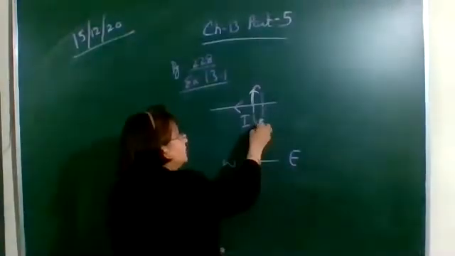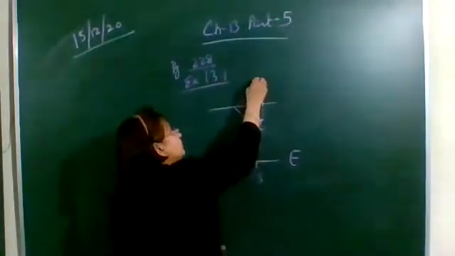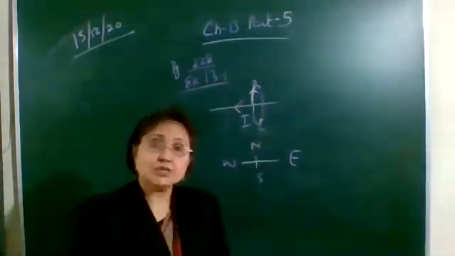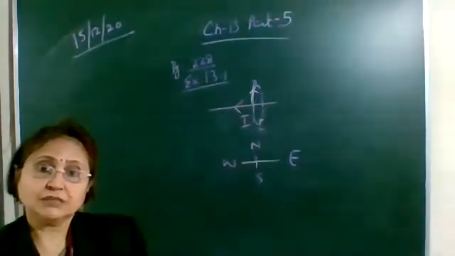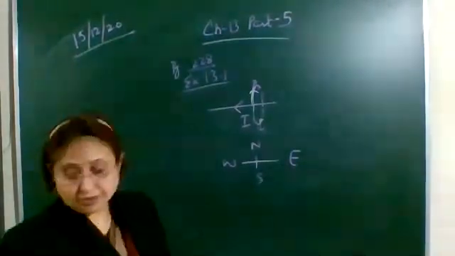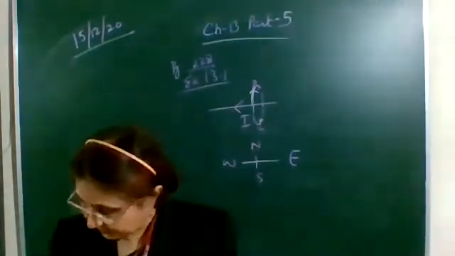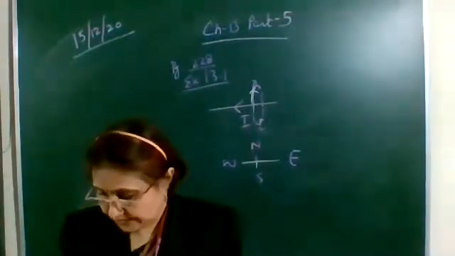Okay, so if you draw the tangent over here, you will see that it is going from north to south. If you draw the tangent here, it will go from south to north. So the direction of the magnetic field below is north to south, and above is south to north. Then the unsolved questions we have already discussed.